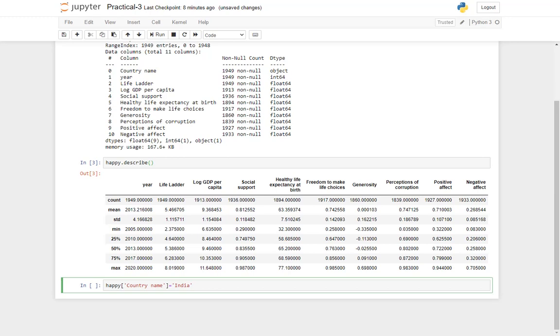I want to count how many entries there are for India. So the name of the function is .value_counts. In the square bracket, I'm giving the name of the column I want to target. What is it equal to? It will be a double equal to sign, which is India, and I want how many times it has been recorded.